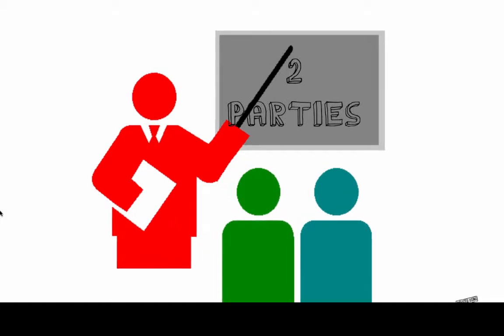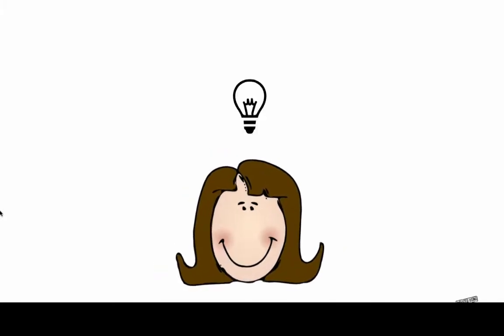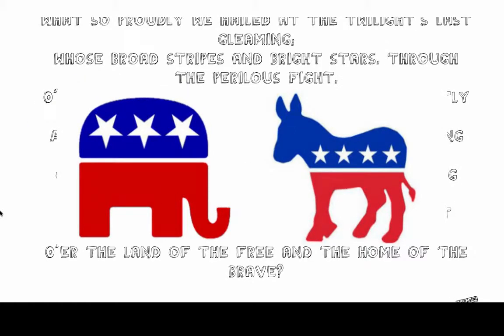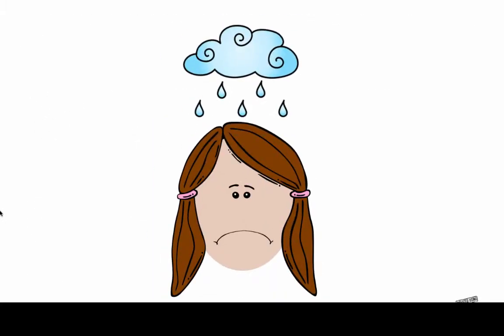For example, if a teacher presents a new concept, say the two-party system of the United States, and provides a diagram of the two parties and what they consist of, then the students understand clearly what the two parties are. But if a teacher instead explains the two-party system with pictures of elephants and donkeys on the screen along with the national anthem playing in the background, the student no longer understands what exactly the teacher is trying to say